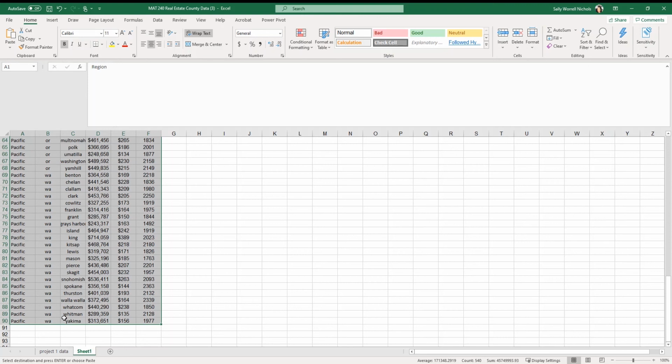To label this tab, all I need to do is put my cursor down on sheet 1 and double left click. And then it highlights. I'm going to just call this